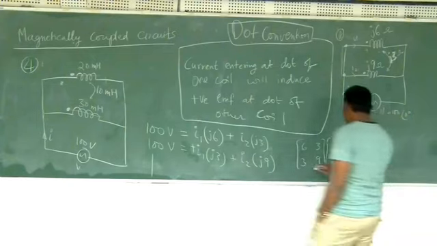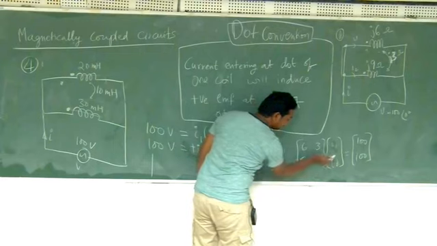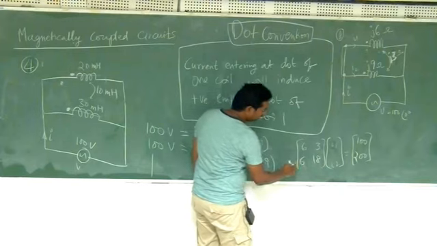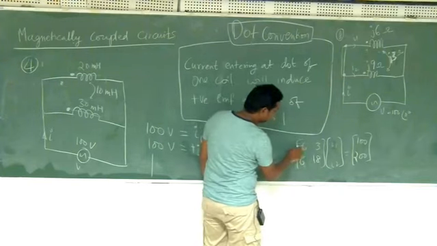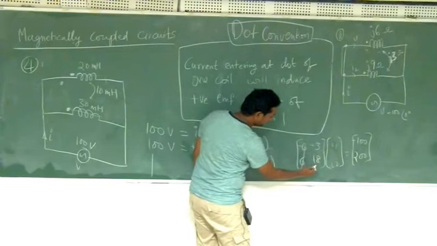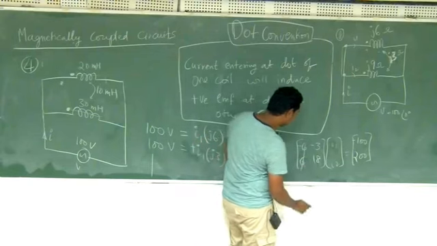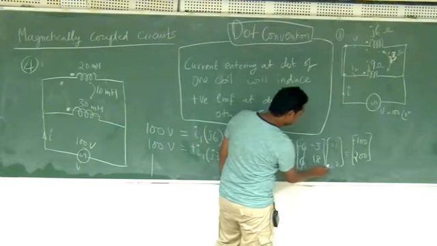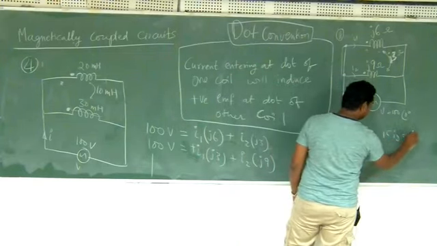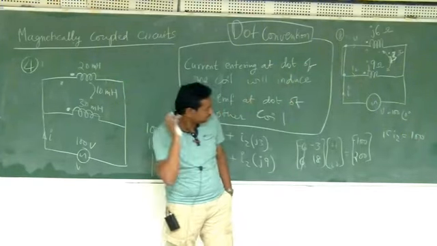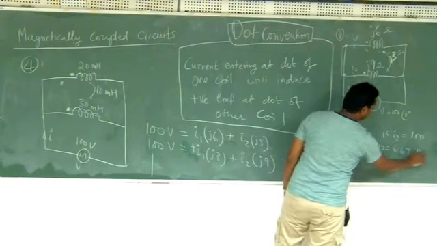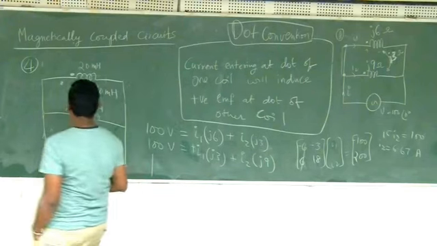I'll double the second equation. So this will be 6 and 18, and this will be 200. Then from the second I'll remove the first, so this will be minus, minus, minus. Then this will cancel, and this will be 15. Is that the right way of doing it? Yeah, 15. So 15 I2 equal to 100. Is that correct? So I2 will be 100 by 15, that is 6.67. The same thing that we did earlier.